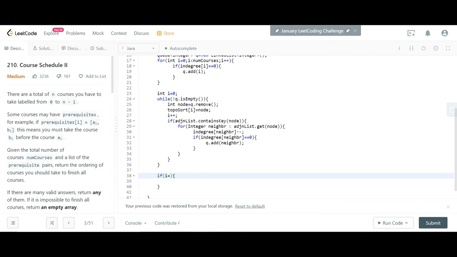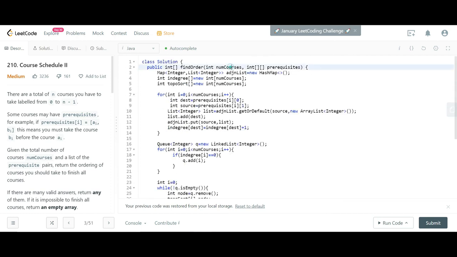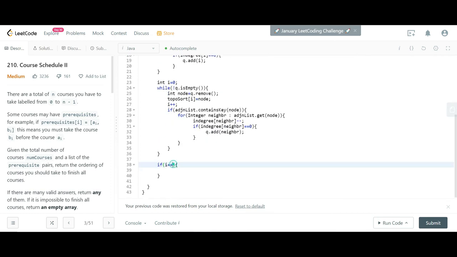So if i equals the number of courses, that means we have traversed completely, and we will return the result, which is known as topo sort. Or else we just return a new integer array which will not contain anything, just a simple 0. So this particular thing we are checking for the loop condition.